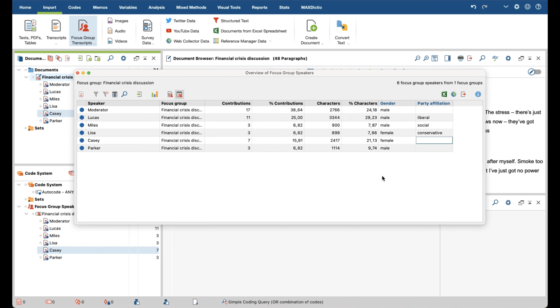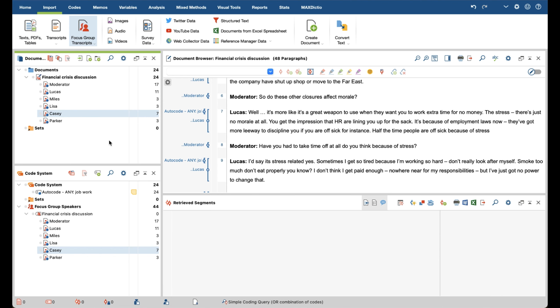Use these variables in order to differentiate your speakers even more, using their income, gender, party affiliation, whatever variable you can think about in order to work with this further on. Because you can also activate the speakers using these characteristics. So you might be interested in activating only the females or only the males in order to get an answer to one of your codes. To do this, I'm going to show you